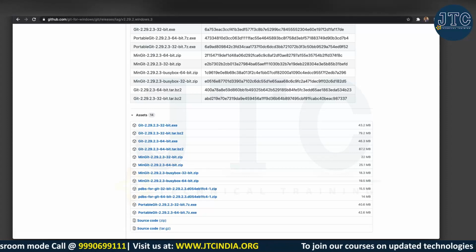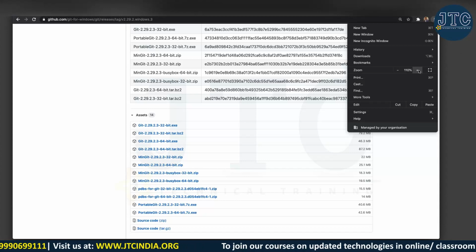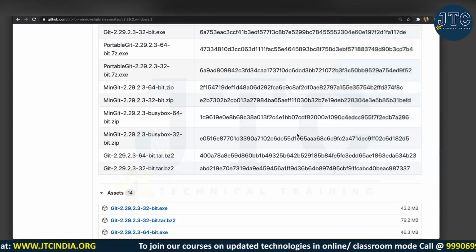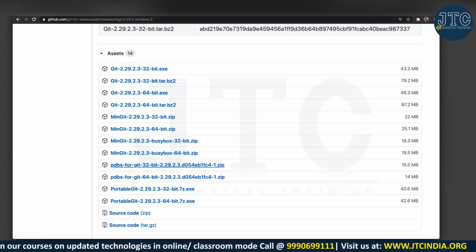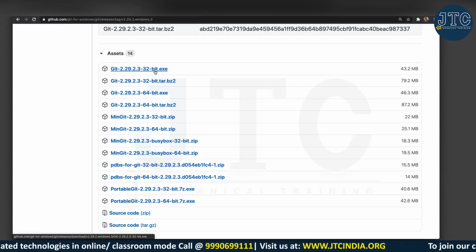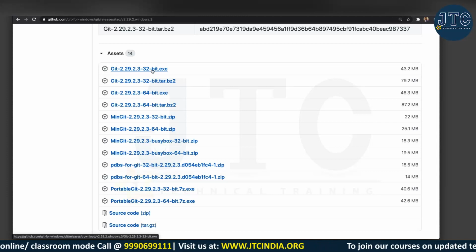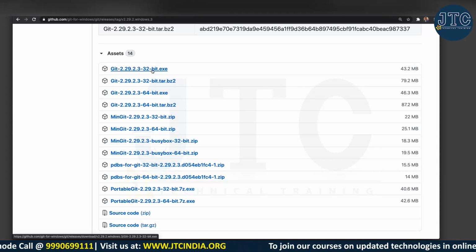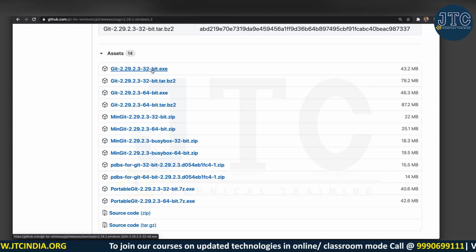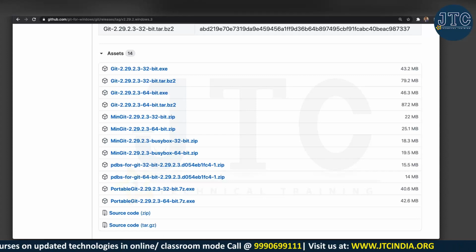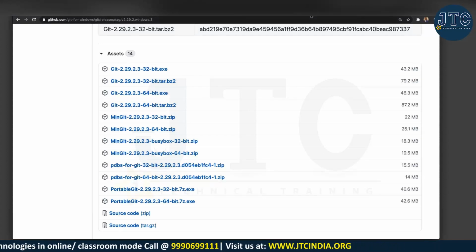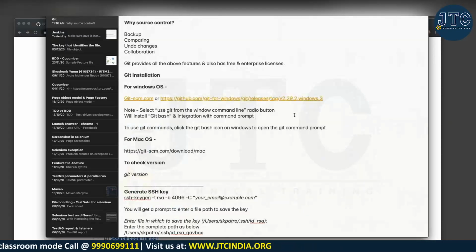Let me expand this one. If it is 32-bit, you can just click on this, it will download that particular software, and then just double click it and it will install Git. If it is 64-bit, you can use this one.